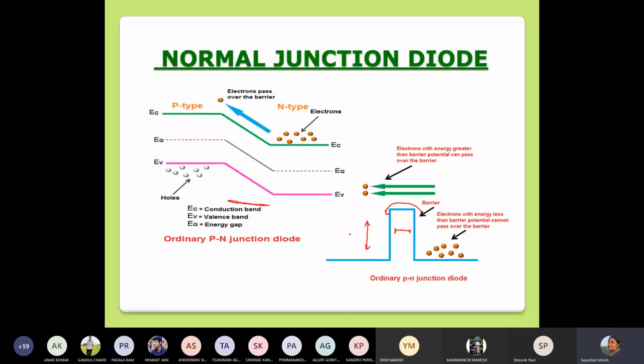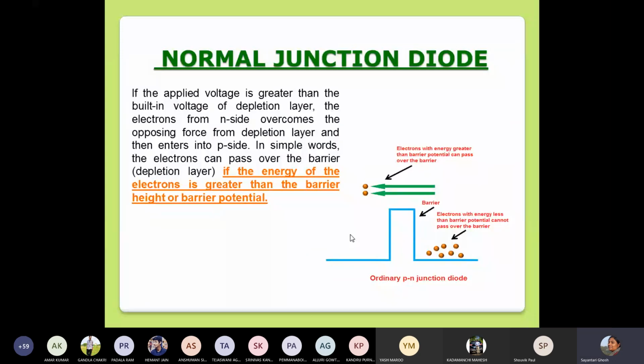This is what should happen in all classical scenarios. If the energy of the electrons is greater than the barrier height, then only can the current flow. So this is the normal scenario. This is classically what we understand quite clearly, right? If the energy of electrons is greater than the barrier, then they can cross over.